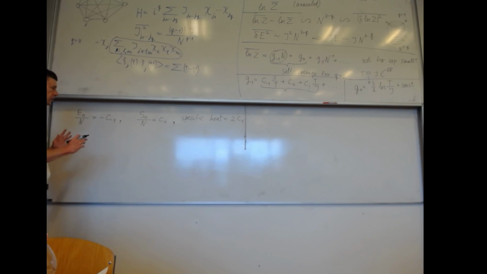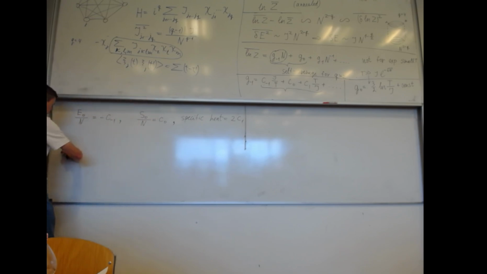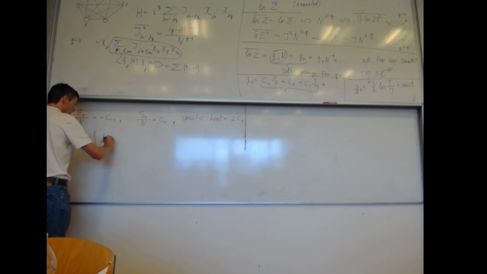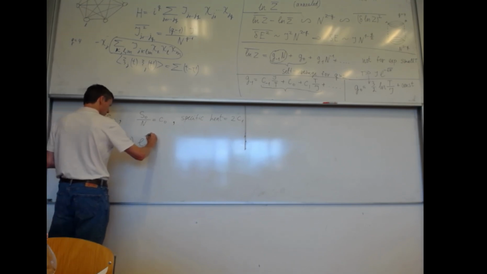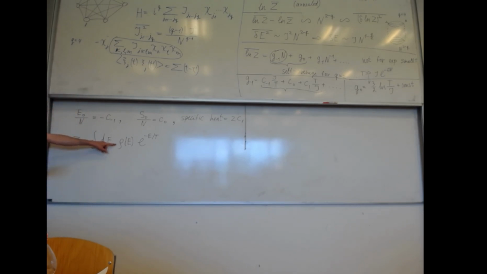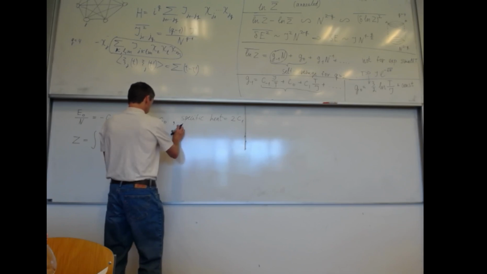If we focus on such temperatures like 1 over n and even a little bit smaller, then we can use those equations and try to infer the density of states from them. In principle, Z is the Laplace transform of the density of states, with e to the minus Q over T, right? And that is the density of states. If we do the inverse Laplace transform, then we get a very interesting formula,